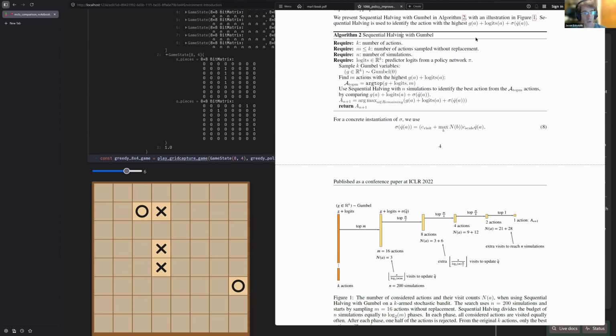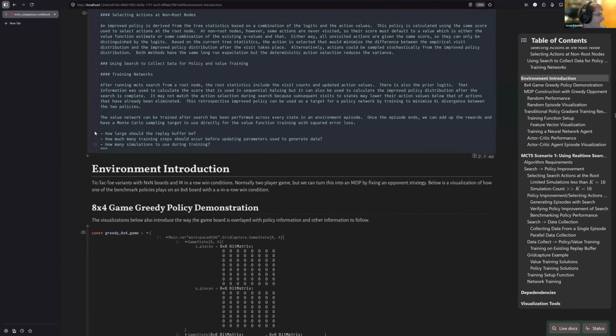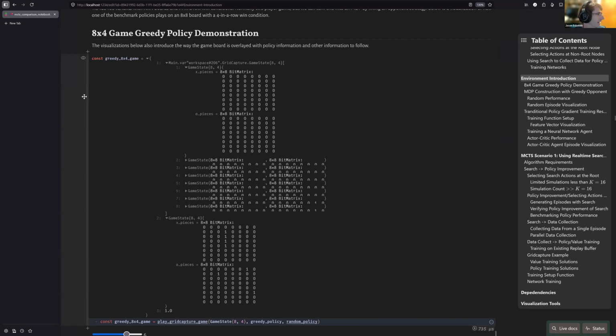This tree search and the policy improvement work in that context. It also works in the self-play context, where two different agents compete against each other. But for now, the essence of the algorithm is easier to understand in the MDP environment. Now, this game I've created here is not an MDP because there are two different agents,